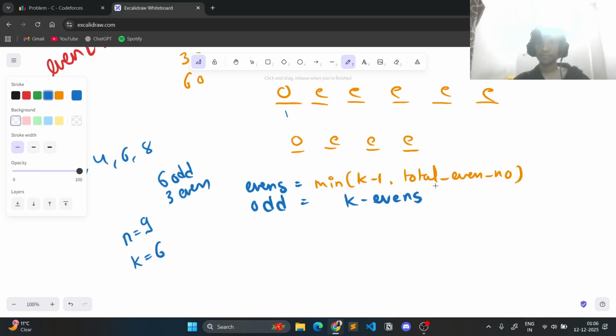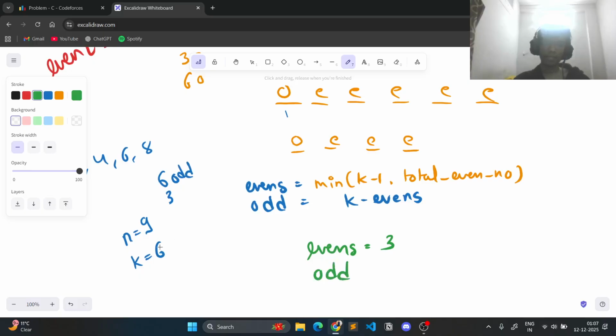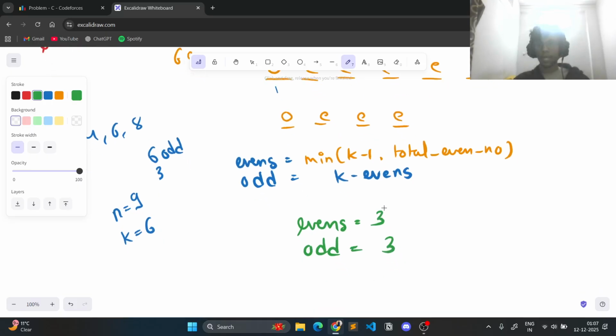So I'm saying I could only select 3 evens. My evens become 3, and then odd equals k minus even. So 6 minus 3 is 3. So I could take 3 maximum evens, and then I'll have to take 3 maximum odds,